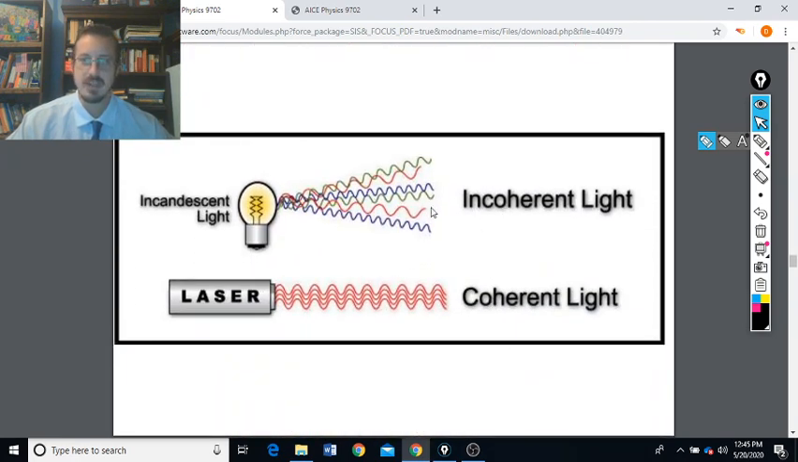Here's something more realistic. We have incoherent light, so the incandescent light is putting light out of all the different colors, and it's white, whereas a laser is one frequency, so it's coherent light. In order to use a laser and get